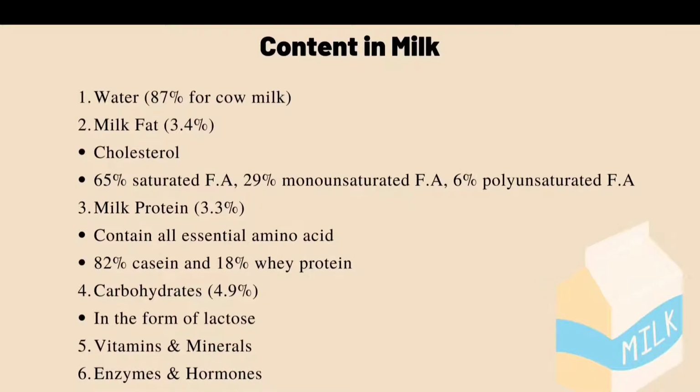and K. Next, there is 3.3% of protein found in milk. Milk protein contains all the essential amino acids and is composed of 82% casein and 18% whey protein. Proteins act as building blocks of muscle, skin, hair, and cellular components, synthesize enzymes, hormones, and antibodies, and also act